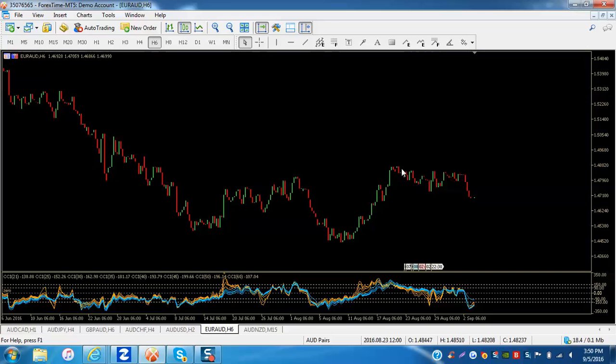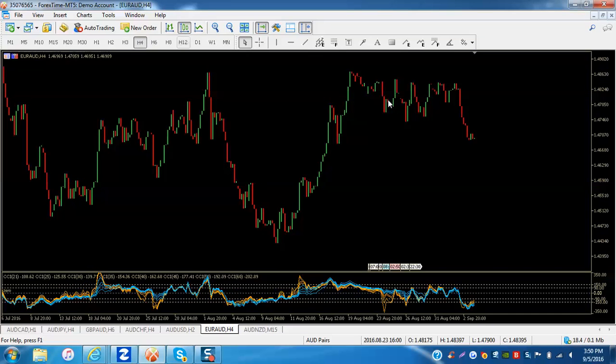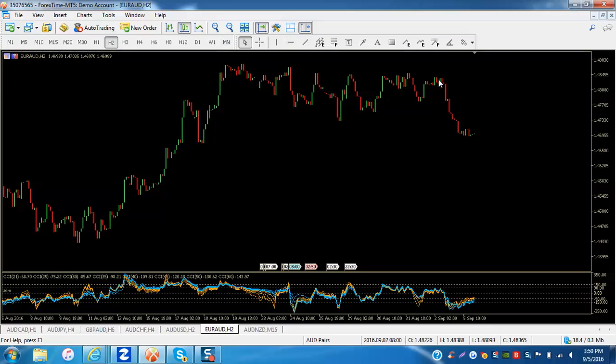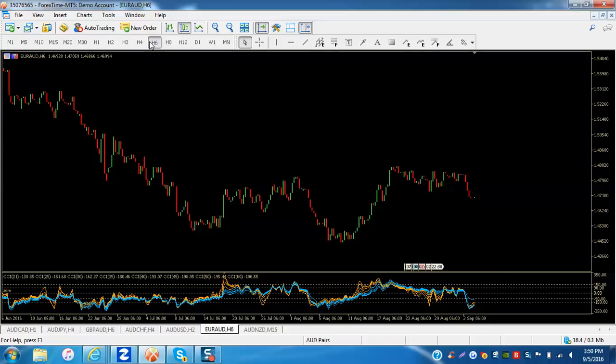I mean, there might be an ABC in here. There could be an ABC X ABC. I don't know. I'm just looking at the shape of it, and it looks corrective to me. You have this spike down on some of these candles, but I think this is probably a C wave down, and it probably will continue to drift lower leading up to the news. Looks like this wants to go down again, and so that's okay. I'll be looking to potentially see this drift lower over the next several hours, and then when the news comes out, to look for it to go up. So again, Euro Aussie looks bullish.